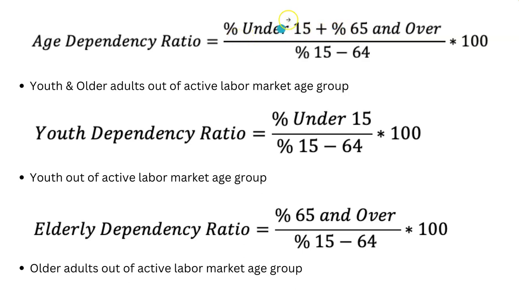So adding up those and the dependent population, we can divide it into the youth dependency ratio, only including those under 15 years old, divided by the 15 through 64 group. After calculating that, it will be the youth dependency ratio, which means the ratio of the youth population to the economically active group. The elderly dependency ratio is the opposite, only including those 65 and older, divided by the 15 through 64 years old